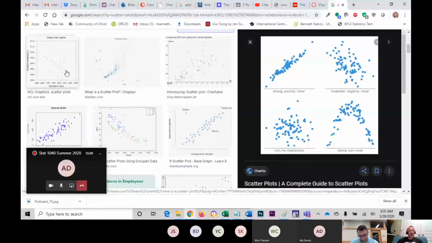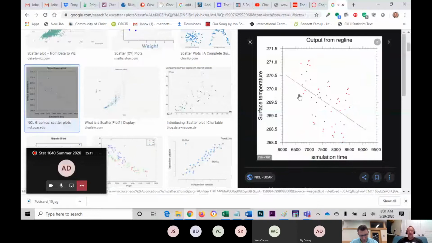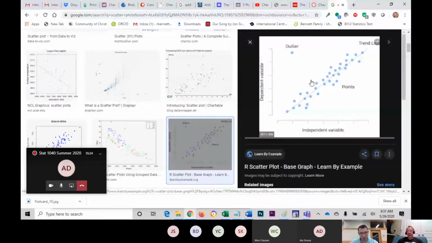And let's see here, we got some more. So here's another scatter plot, simulation time versus surface temperature. And so this one, you'd probably say this one kind of has a weak negative correlation. This would be an example of a strong positive correlation. You get your independent, in fact, this is a good thing here. Get your independent variable down here, your dependent variable down there. Okay, so we would generally call the independent variable the explanatory variable and the dependent variable the response variable. So that's another way